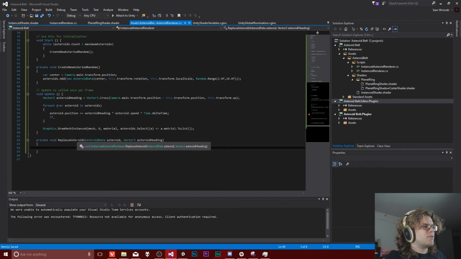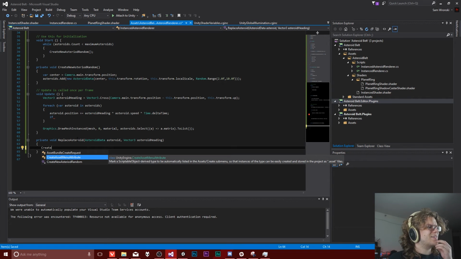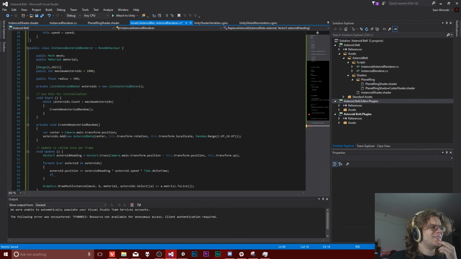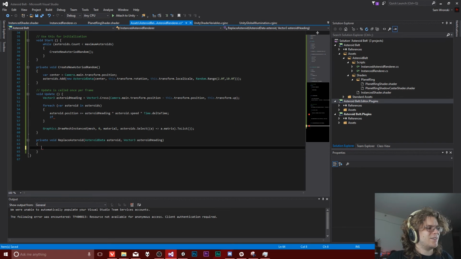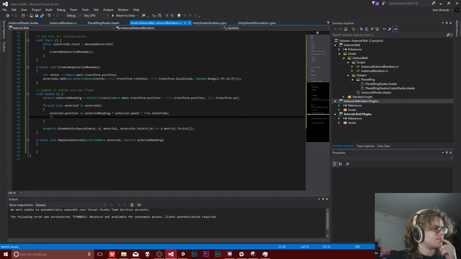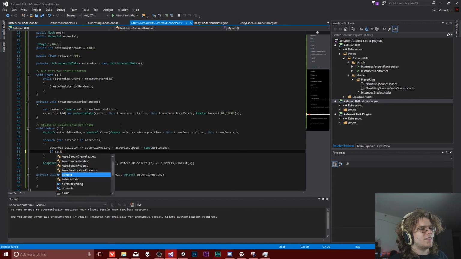For now, is that a good idea? I don't think that's a good idea. We're not going to do that. Okay. I'll figure that out later. We don't really care about that yet. But what we do want is if our asteroid